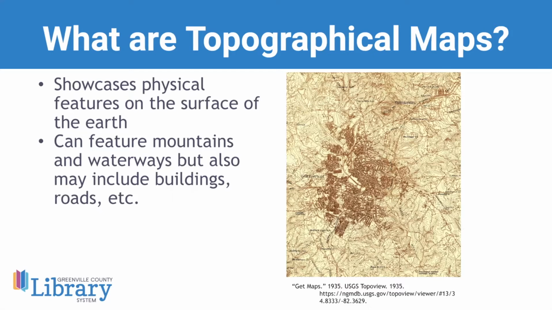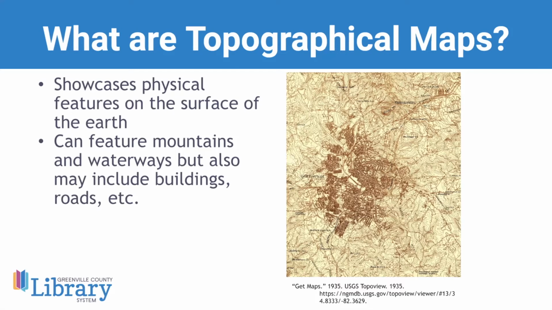A lot of times you can see these little squiggly circle lines, and the closer they are together usually means that's a higher elevation. So I can see Piney Mountain here. Looks like we can see that on the map up towards the north here, has those lines closer together. So that's indicating a higher elevation, and the lines that are further apart are usually indicating a lower elevation.